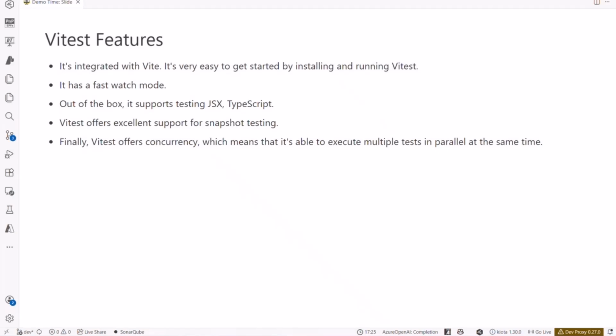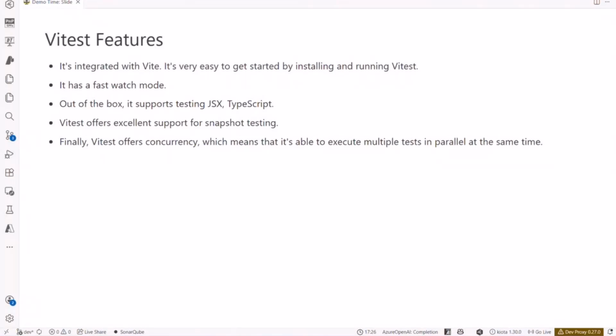It also offers excellent support for snapshot testing, and I hope one day I will prepare a demo about snapshot testing for SPFx projects. It is awesome. Then finally, Vitest offers concurrency, meaning that it is able to execute multiple tests in parallel,